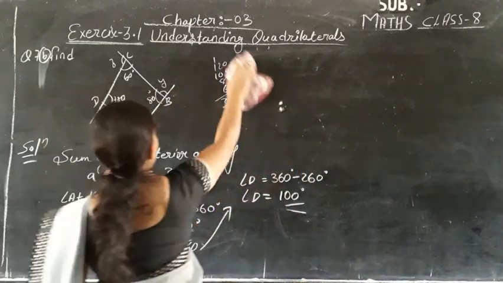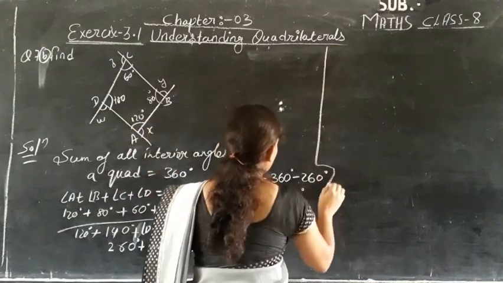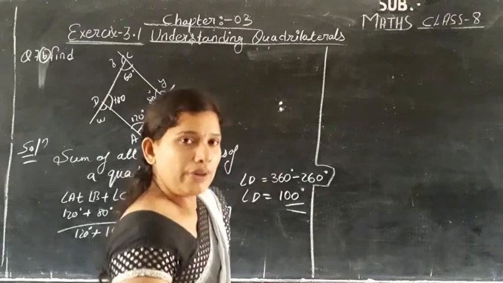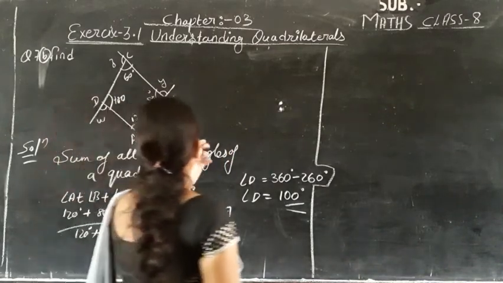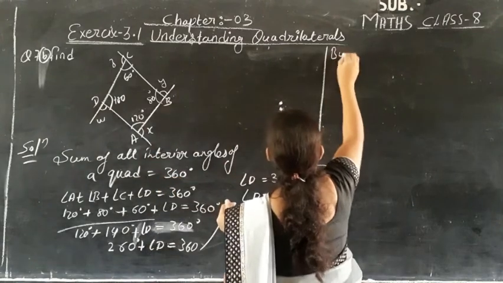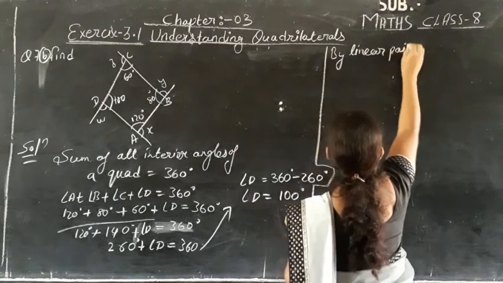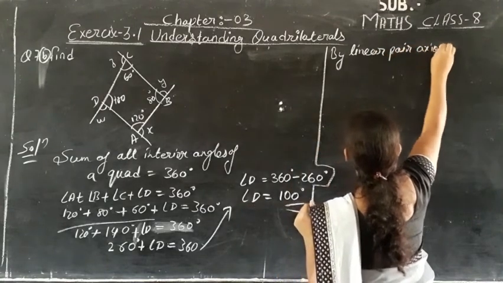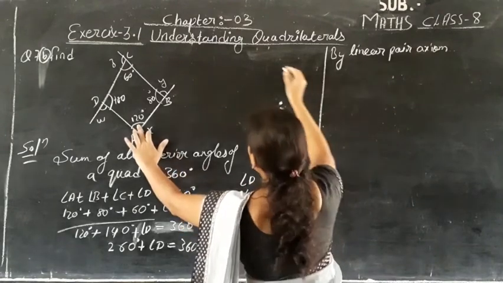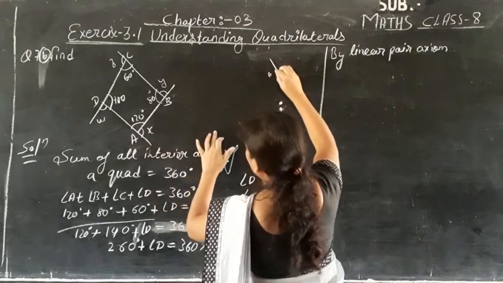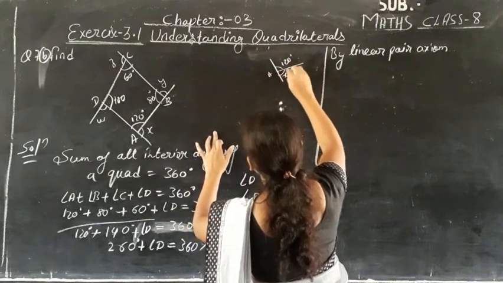Now after this, after finding the interior angle of the quadrilateral, what do we have to do? We have to find the values. Now, by applying the linear pair axiom, as we did in the A part, in the same way we are going to do. So first we are going to see this part. What is this part? A. And here 120 degrees, isn't it? And here this value we have to find, x.